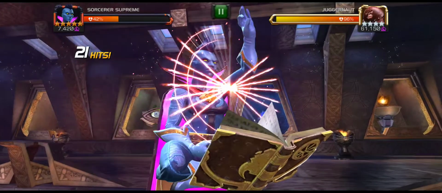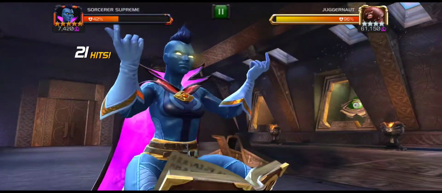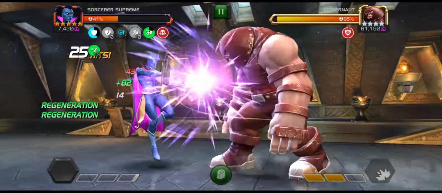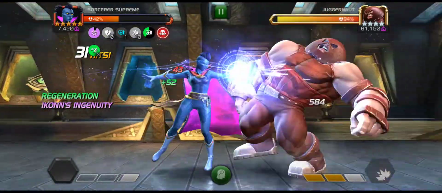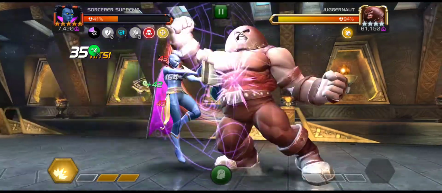Now, you might think, okay, well, I could activate the slow debuff ruin and keep that up during the whole fight. But we all know Juggernaut, the block damage with Juggernaut is a lot. So what I'm going to do now,